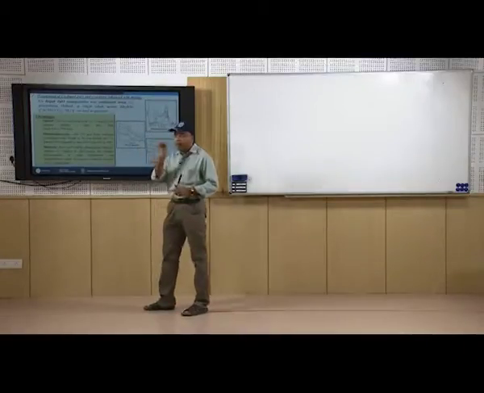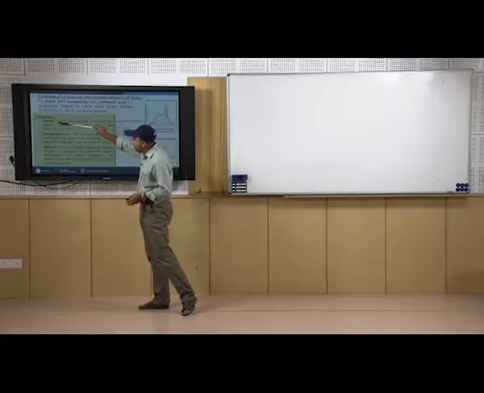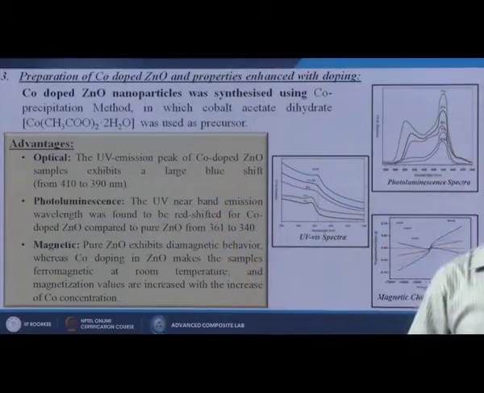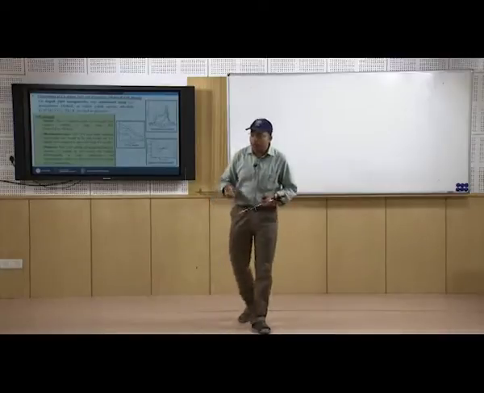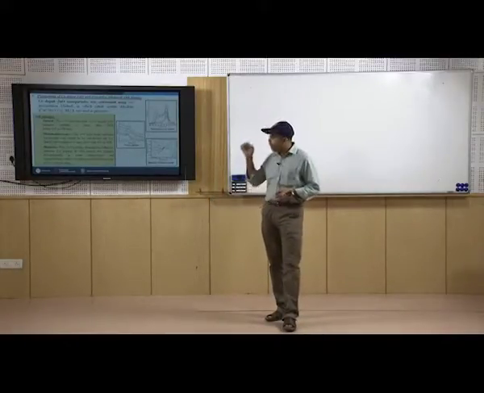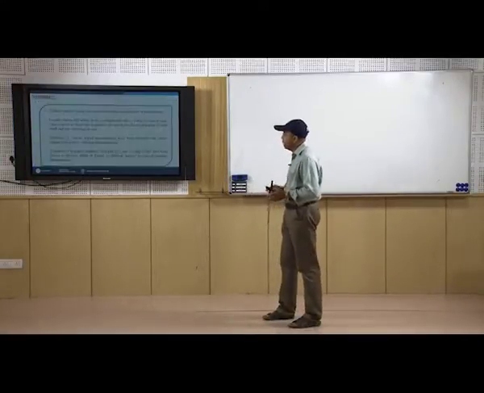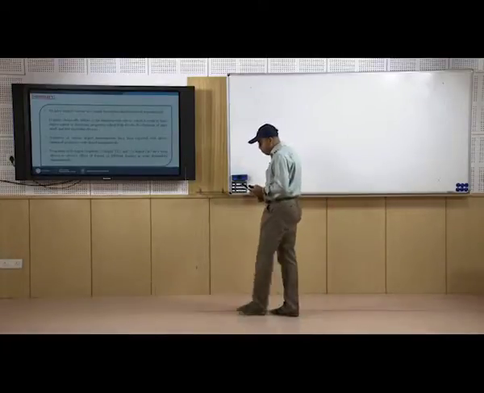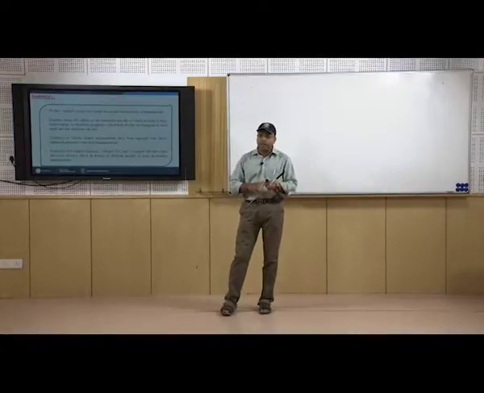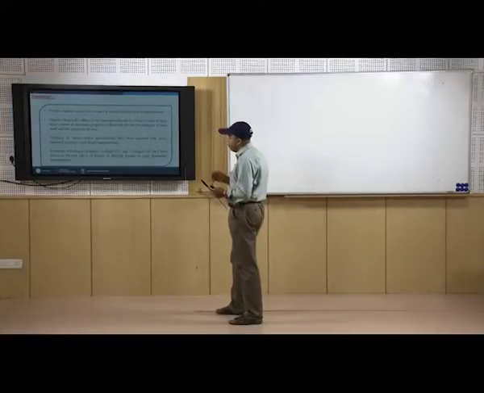So simply, by doing cobalt doping into the zinc oxide, we are enhancing its optical properties, its photoluminescence properties, and not only that, we are enhancing its magnetic properties. So by doing a simple single doping by the chemical route, we are trying to enhance these kinds of properties of that particular material. Now we have come to our last slide, which will give a glimpse of the total lecture, what we have discussed